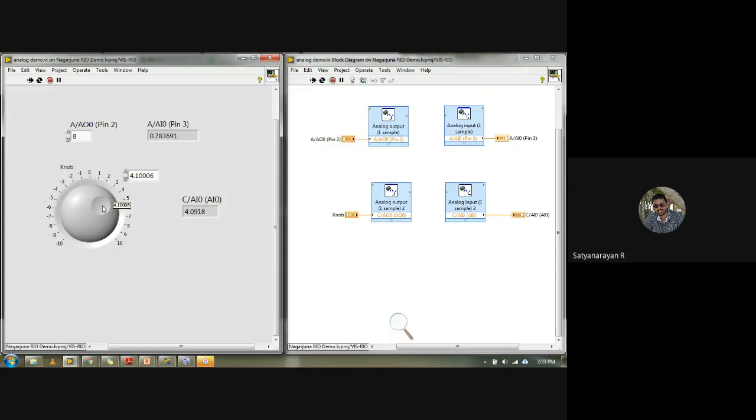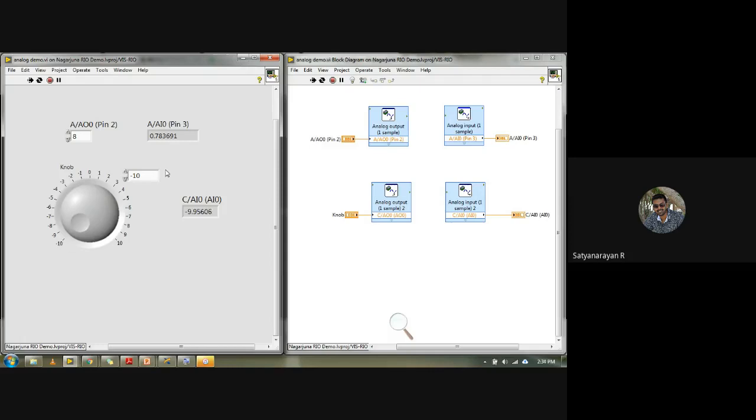Similarly, if I give 10, I'm getting 9.9 on the positive side. Similarly, if I give negative numbers, I get the same. But whenever you check in the A port or B port, even if you give 8, the maximum you will get is 5 only. So you can observe both; I am running the A port and B port in parallel. This is where we can easily observe what the problem is.